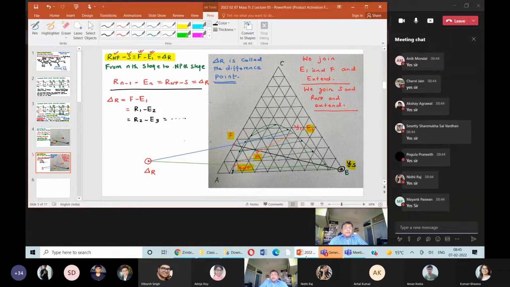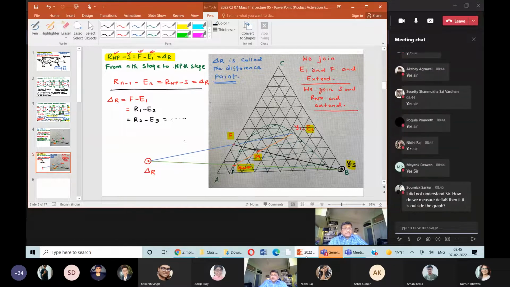Now, can I ask the class? It is outside the graph. We do not measure. We just locate, show me. Good that you are asking. Your friends are not behaving in the best possible way. There are lots of doubts. That is the reason I am telling you, you are requested to go through Treybal's book today, how this is done.